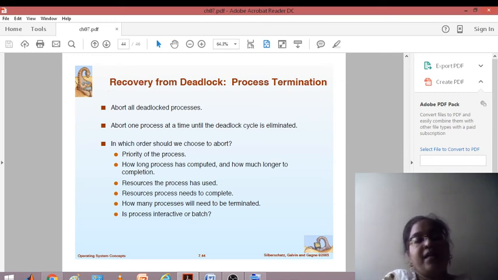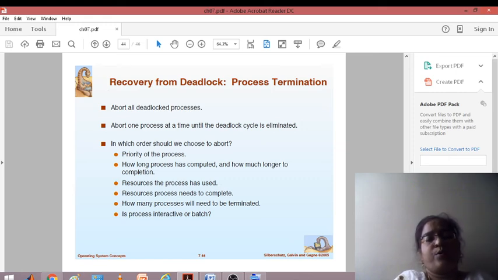You know that the processes in a deadlock are not executing, so you preempt the resources, that is, snatch the resources from those processes which are in a deadlock. If you start snatching from one process one by one, those resources can be given to some other process. When they finish, they will release them, so the deadlock cycle can be broken in that fashion. Now, for process termination, what methodology, what protocol do you use to terminate the processes?